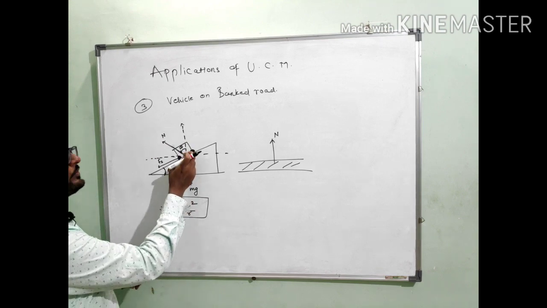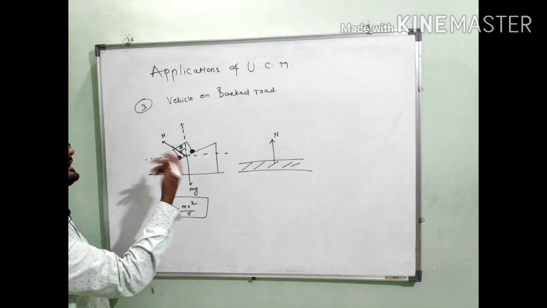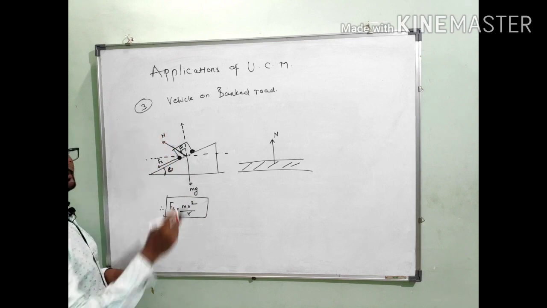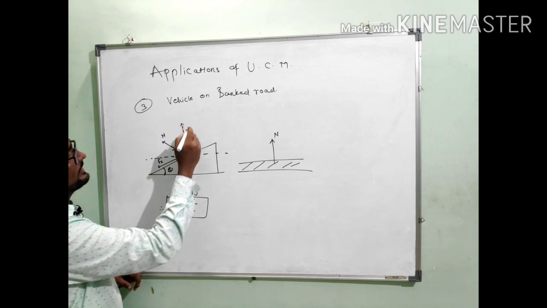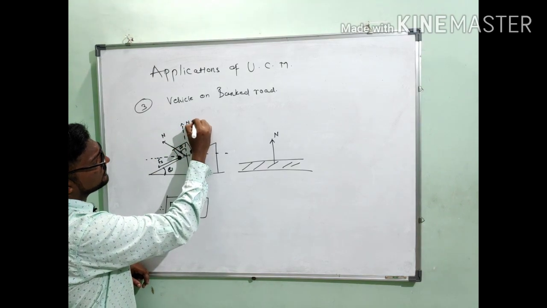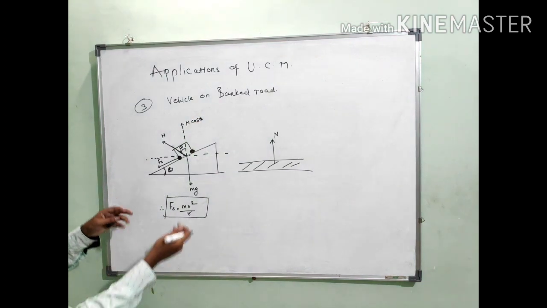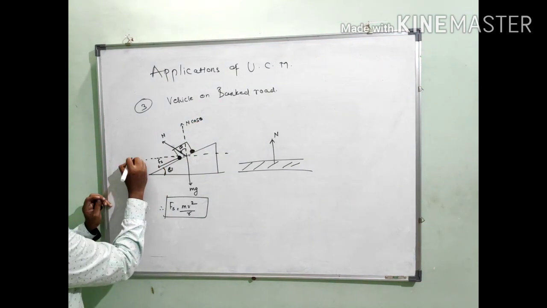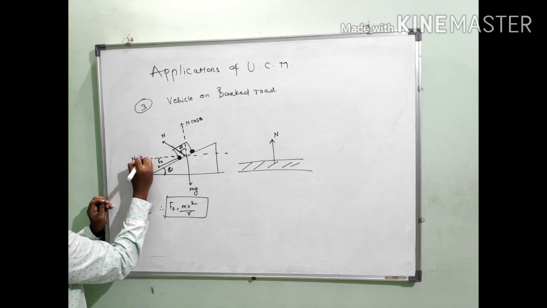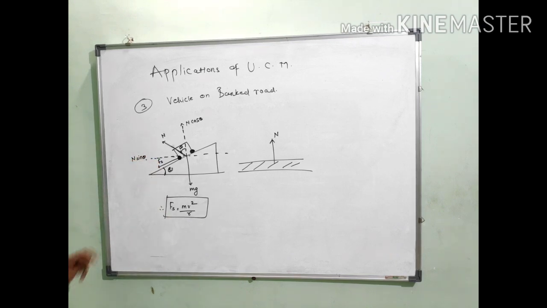So this is my vertical axis, this is my horizontal axis. Now see, whenever there is a theta, there will be my cos theta. So the cos component of N will be in the vertical direction. So here N cos theta, and over here will be my N sin theta. So N sin theta and N cos theta.